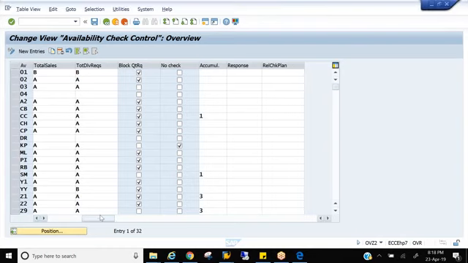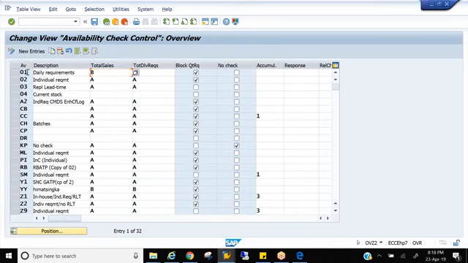So you don't need to do anything here, because in real time we don't change the checking groups. It will be the same. We don't change this. And if you don't want to perform availability check, then you go for no check. You see this KP, no check. So only for KP this no check will be activated. Okay, so this is the first thing, checking groups, and you don't need to do anything here. Just know what is total sales and how it is controlling to behave as a daily requirement